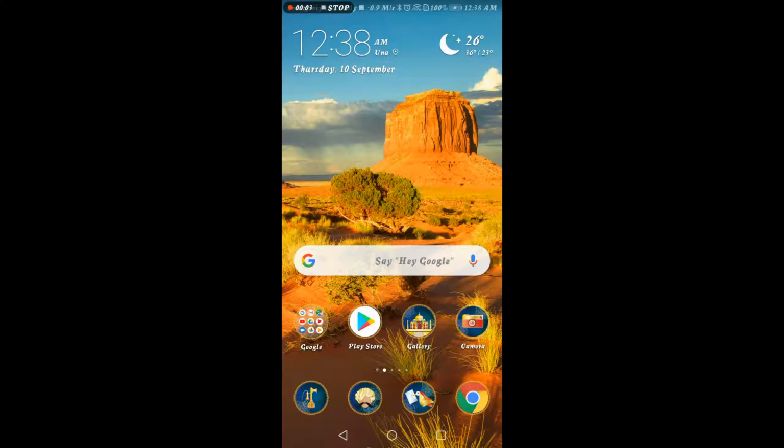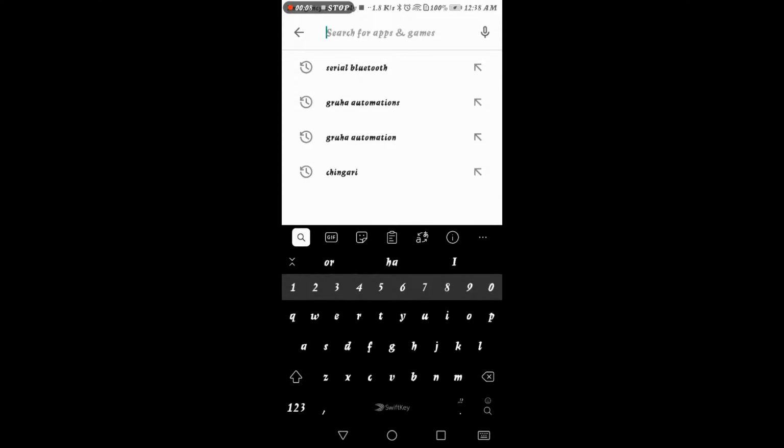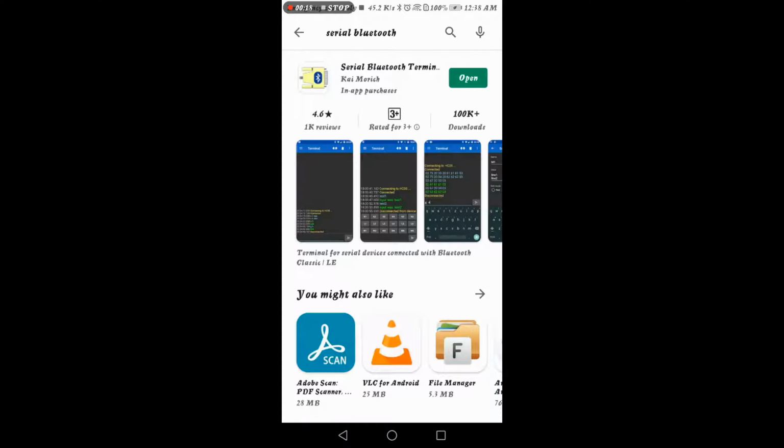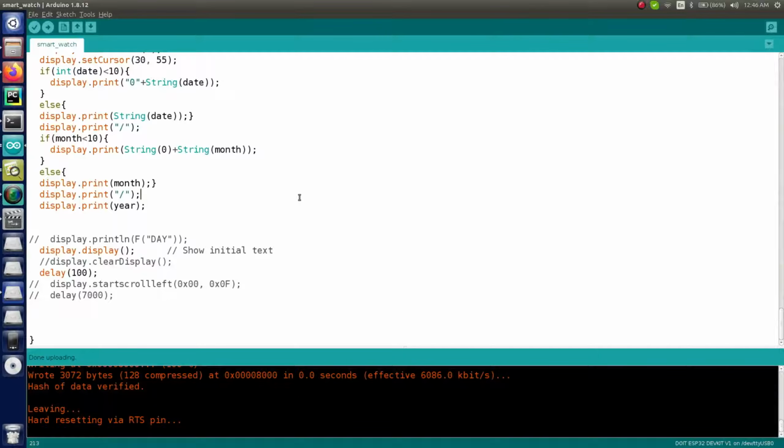Now let's see what application we have to install. For that, just go to the Play Store first, and in here just search for Serial Bluetooth, the first one which you can see in here, right? Serial Bluetooth. So you just have to click on it, and in my mobile phone it is already installed, so that's why it is asking me to open it. But in your case, maybe you are installing it for the first time, so you can directly install it, and after the installation we can open it. Now let me just open it. So now the application is installed onto my smartphone.